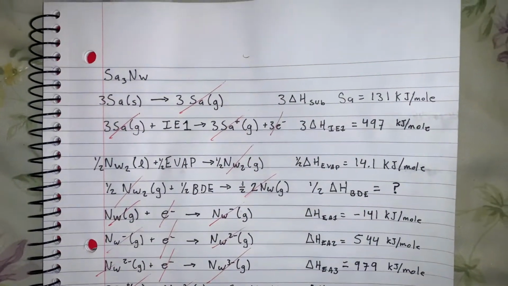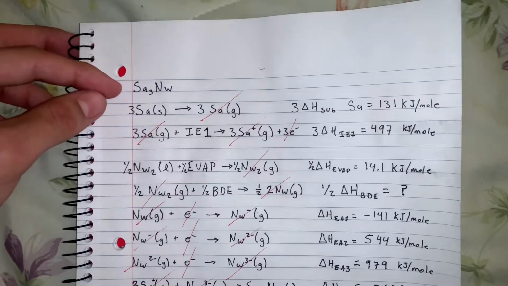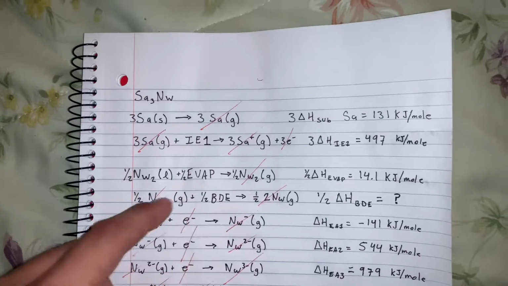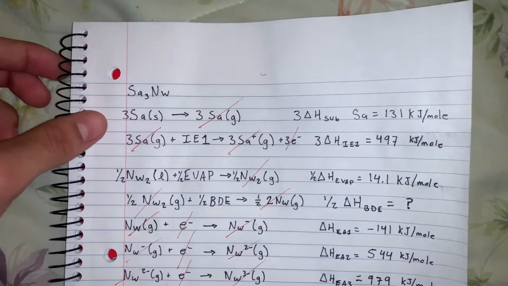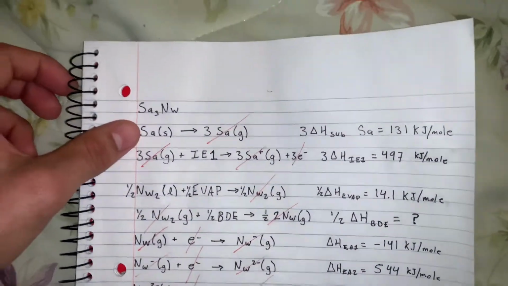Hello, in this video I will explain the Born-Haber cycle to form Sa3NW, and I'm going to find the bond dissociation energy of NW2. So I'm going to start by preparing Sa anion gas, and I'm going to start off by having Sa as